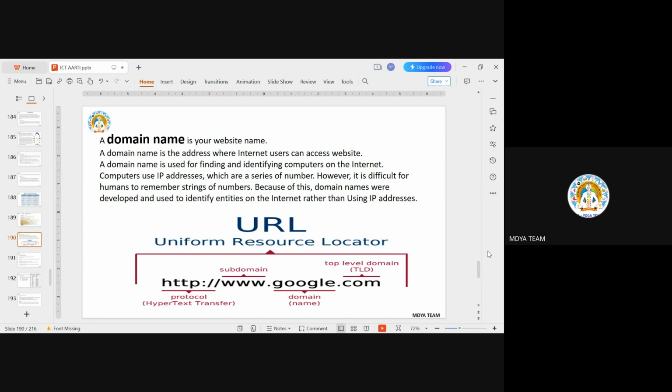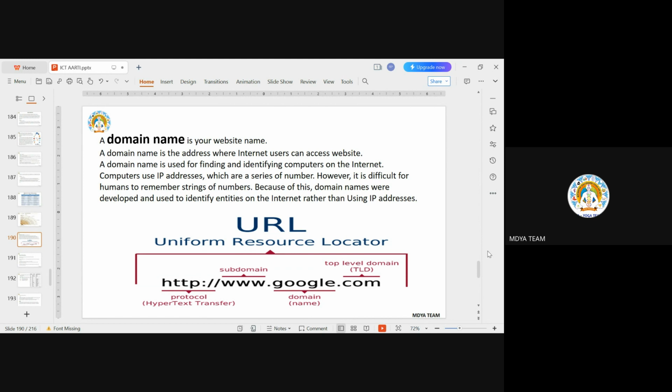Every human has his own address, so every website has its own address. That address is called the IP address. But for humans to understand that address, they made the domain name, or you can understand URL, so that we can locate that website. Whoever developed this domain name developed this URL for humans to understand, so that he can go to that website.